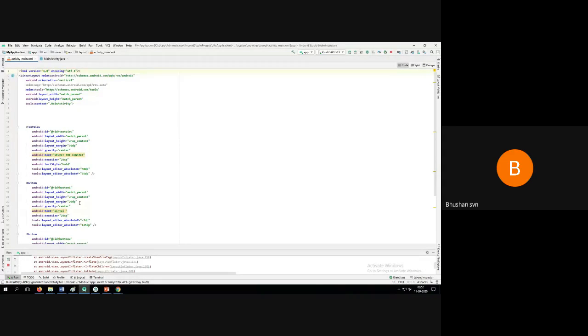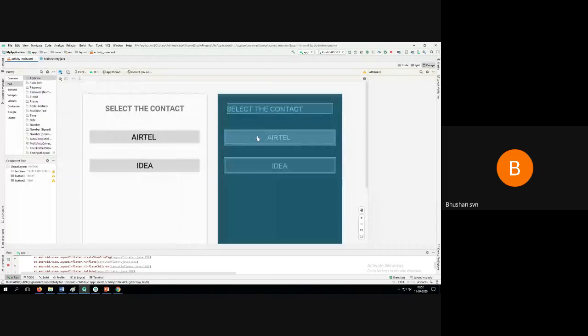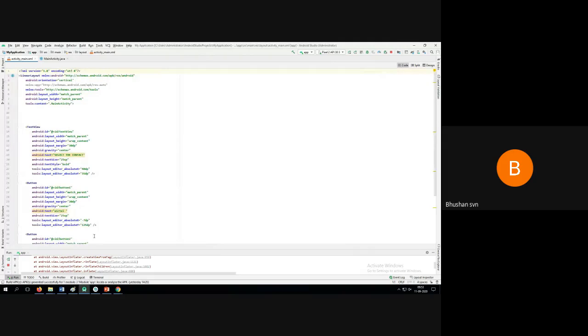See, what happens is if you are trying to write a code, based on the code, a user interface something like this will be generated. Okay, so I have some text view and I have got two buttons. If I want to have this kind of a user interface, I have to write a code like this, which is really very difficult to write and remember.